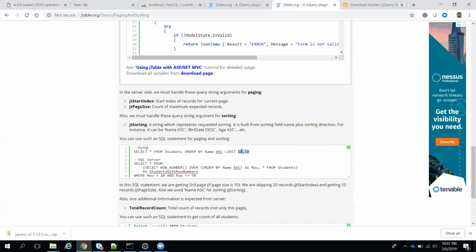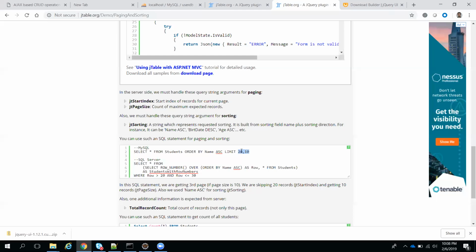Suppose the total records is 100 and you want to show 10 records per page. How many pages? 100 by 10 means you can show 10 pages, right? Suppose you click on page number three. From which record do we need to fetch?